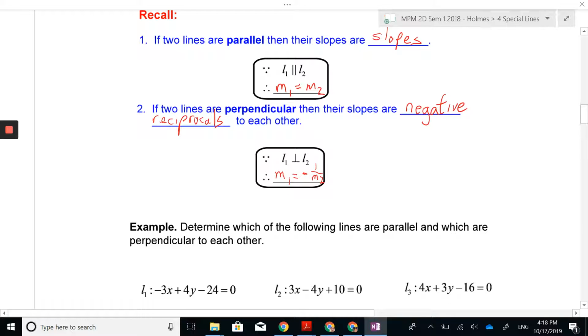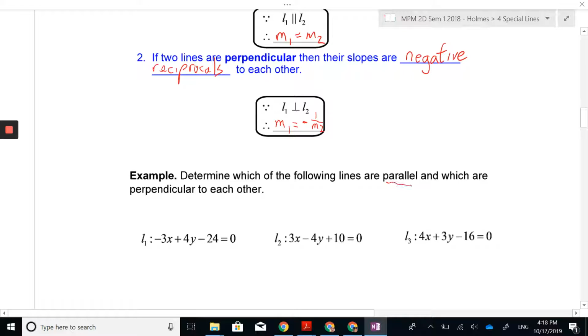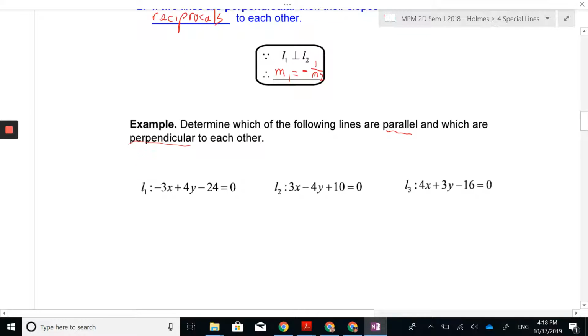But we're going to start applying these in some unique situations. So determine which of the following lines are parallel and which are perpendicular to each other. Again, I see the words parallel and perpendicular, so I should be thinking slope. So I'm going to need to calculate the slopes of lines 1, 2, and 3. So one possibility here would be